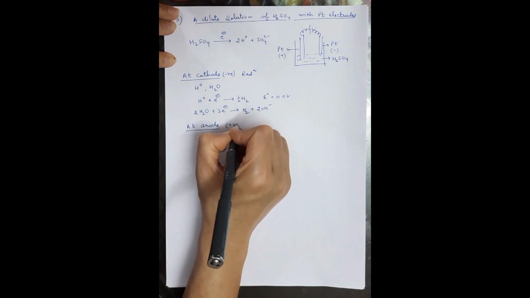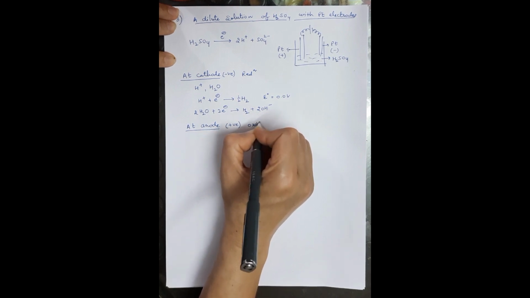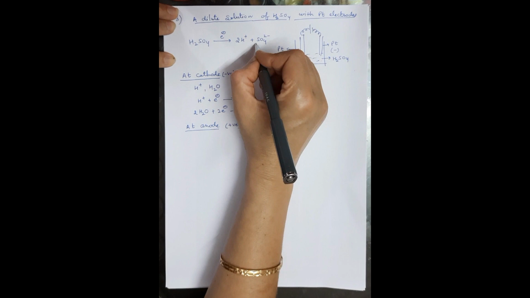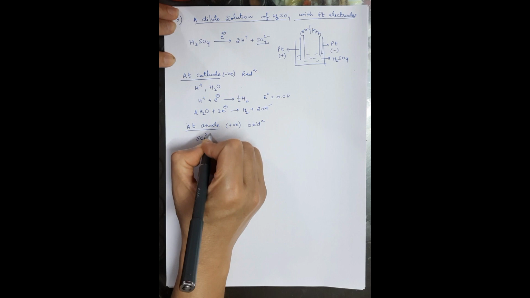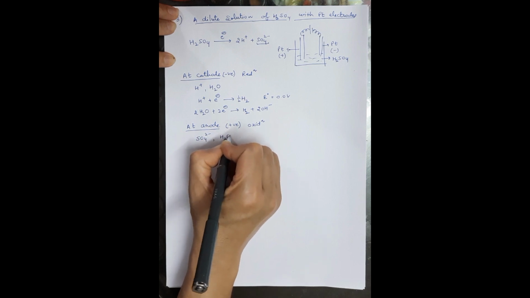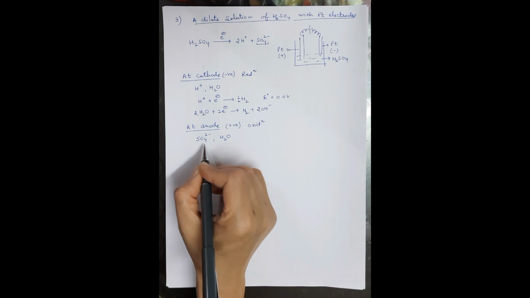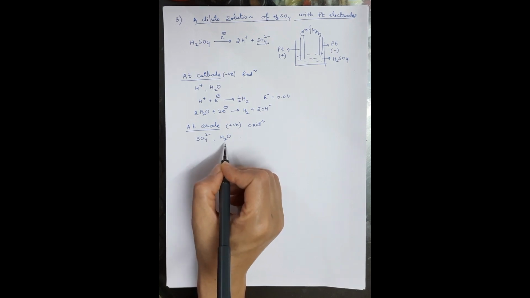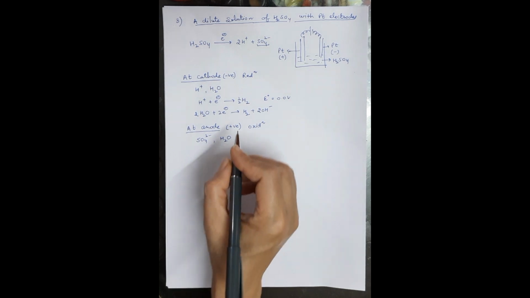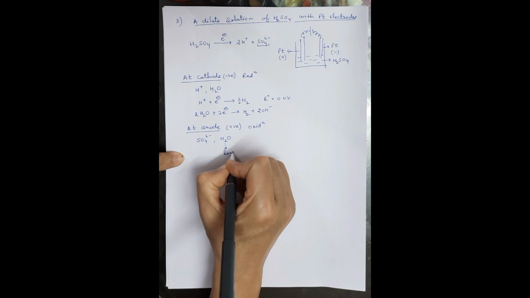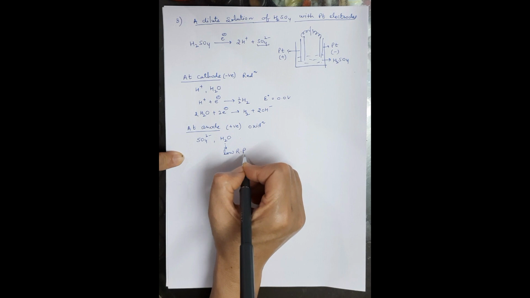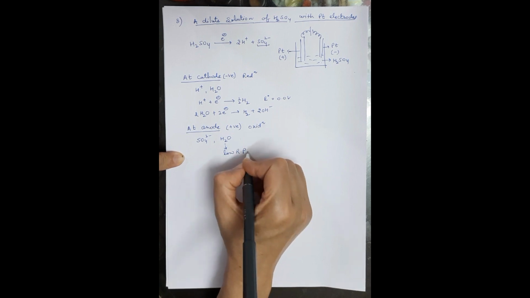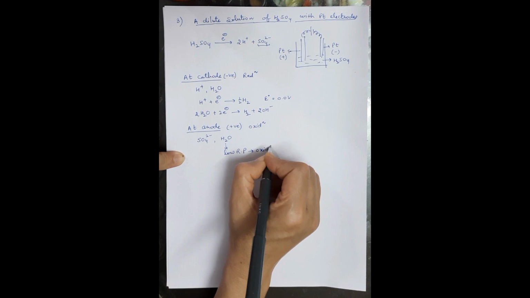Anode is positively charged and oxidation occurs at anode. Now negatively charged sulfate ions will be attracted towards this. So we have sulfate ions at anode as well as water molecules are also present. Now if you check the reduction potentials of two, you will find that reduction potential of water is lower. It has low reduction potential. And who undergoes oxidation? Which has low reduction potential. So in this case water will undergo oxidation.